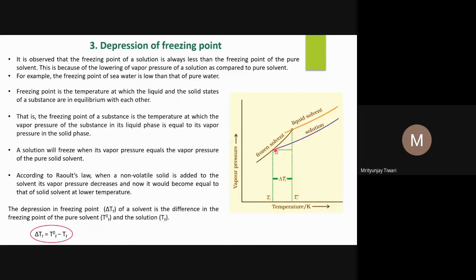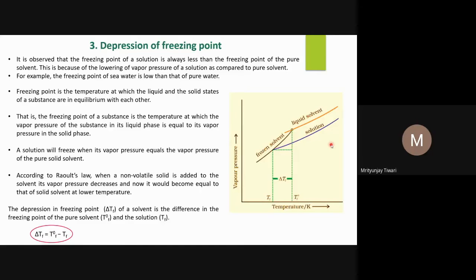And now ice is pure water converted into ice. Now I add a very small amount of some solid, suppose NaCl or any solid, glucose, the undissociable solid. If I add glucose or sucrose to it, what will I see? The vapor pressure is decreased. The vapor pressure is decreased means what? Now the vapor pressure of this solution at 0 degrees centigrade, when it was pure, was equal to the vapor pressure of ice. It is not that much. It is lower than that.